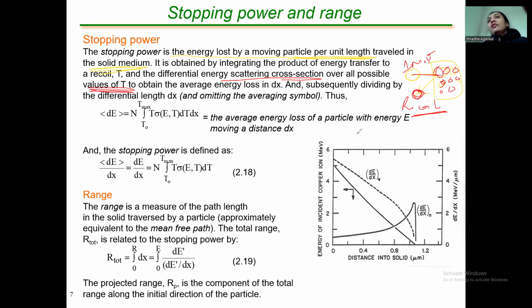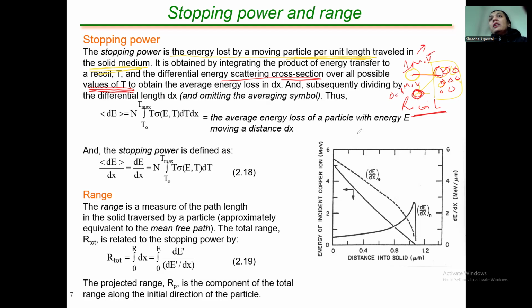It has maybe a different probability of interaction, it interacts, say, more. Now, after giving, say, 0.1 MeV to this recoil,